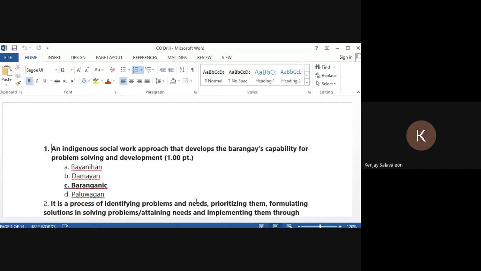And aside from that, baranganic approach can also be defined as it has been founded through the philosophy that individual, group, community, and national growth and development can only come about when there is an active participation and involvement of people themselves in any development process. So yun. Ang pangalawang approach ng community organizing is yung BCC